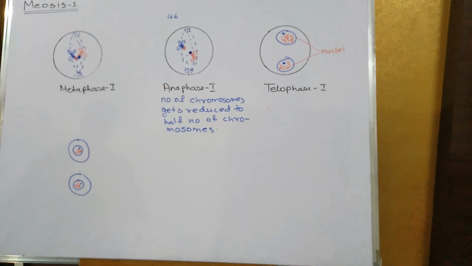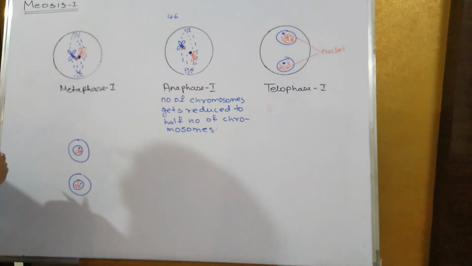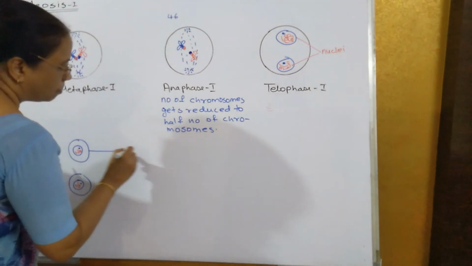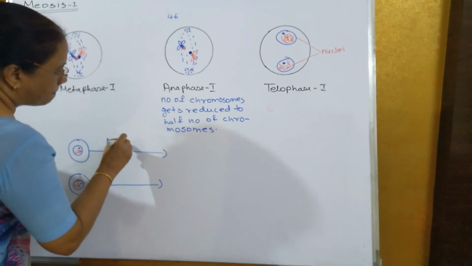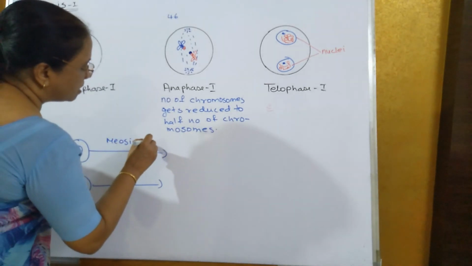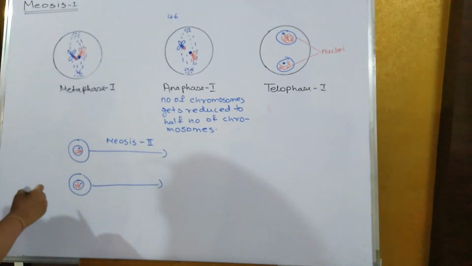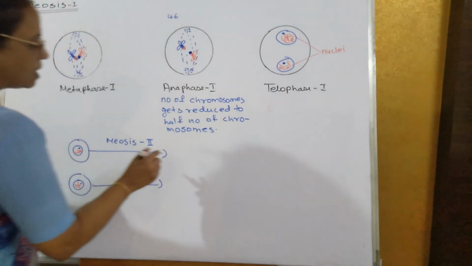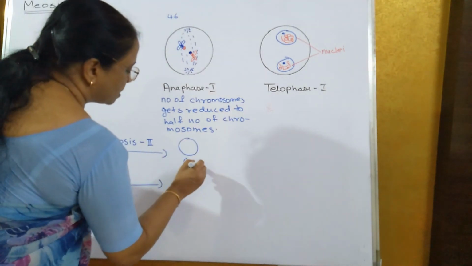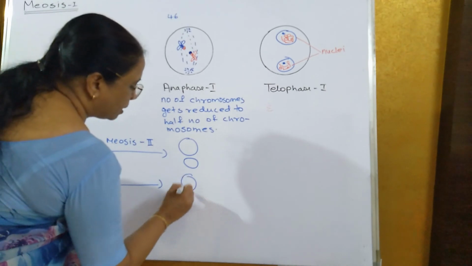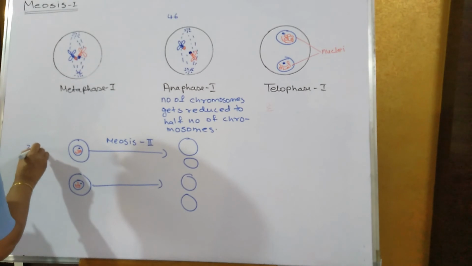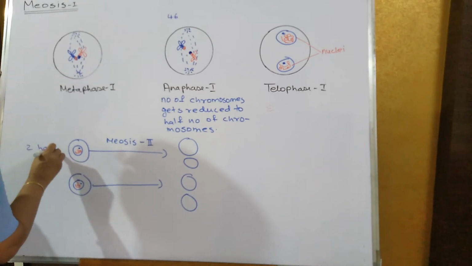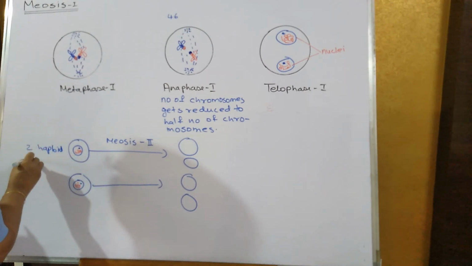And after this, meiosis-II takes place. Meiosis-II is similar to mitosis. So both the cells will undergo meiosis-II, which is the same as mitosis. The steps are all the same. This daughter cell will result in two more daughter cells, and this will also result in two daughter cells. So two haploid daughter cells